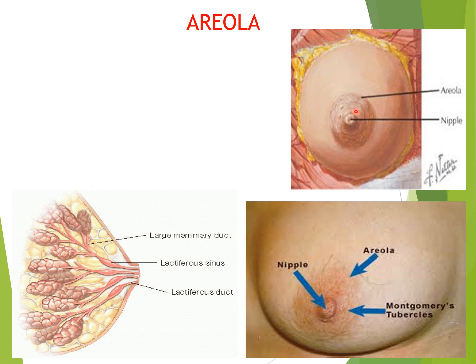So in this slide, two things are important. The tubercles of Montgomery, which produce oily secretions to provide a protective lubricant during lactation. And one more thing, the subareolar lymphatic plexus of Sappey, which collects lymph from the areola and the nipple. So this is about the areola of the breast.